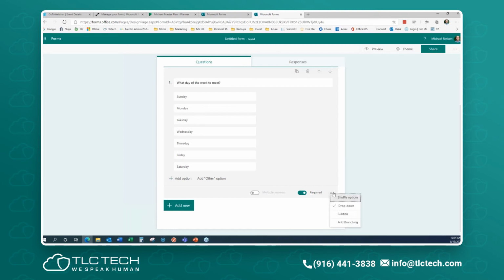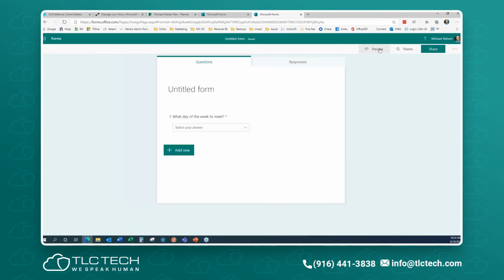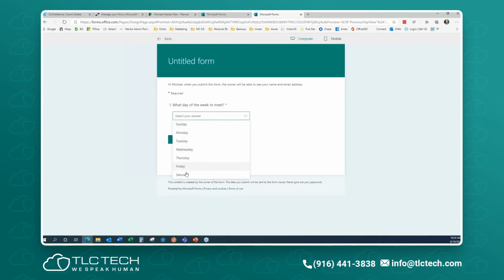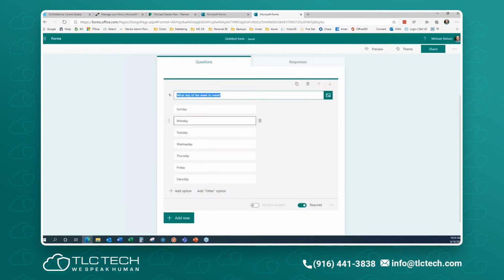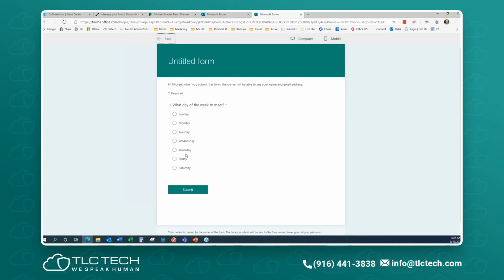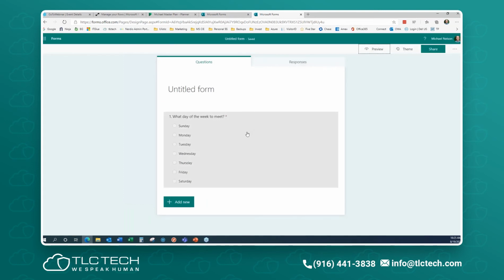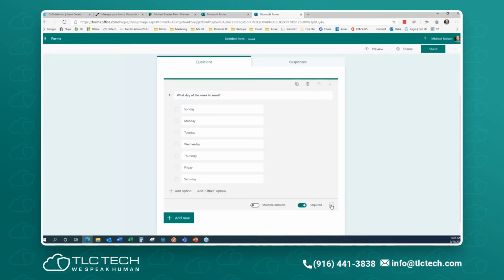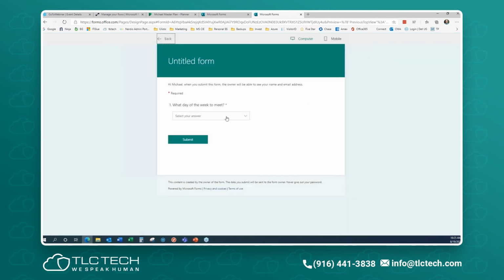So right here, I'm going to say, make this a drop down. When I go and preview it, now I have to choose one of the days this way. I can go back, what day of the week, remove the drop down, preview, and now it shows up this way. You can get a really long form if you've got too many answers. So if you've got 5, 6, 7 things like that, and you want to keep the form fairly concise, it's easiest just to go in, click, make it a drop down, especially if there's only one answer possible. Do the drop down, preview it, bam, it makes it much shorter.